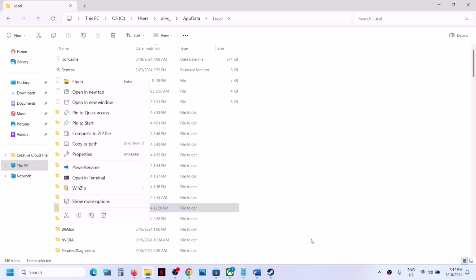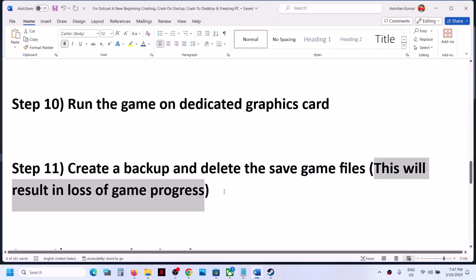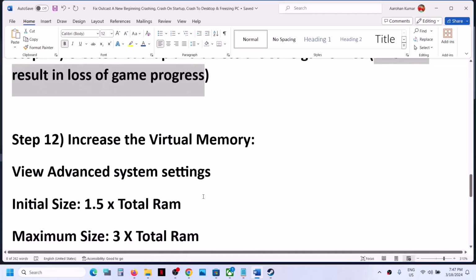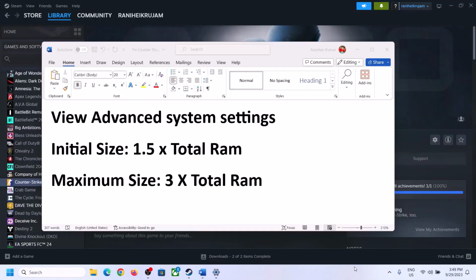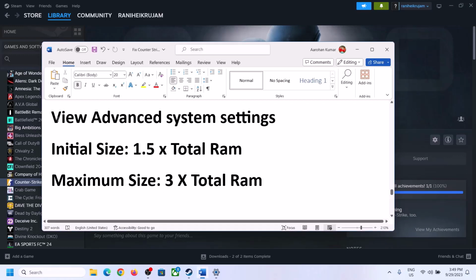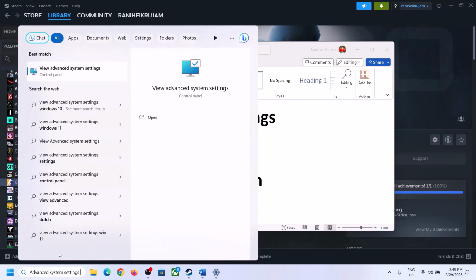And once you delete, now launch the game and then check. Next step is to increase the virtual memory. So to increase the virtual memory, type in View Advanced System Settings in Windows search box and then click on